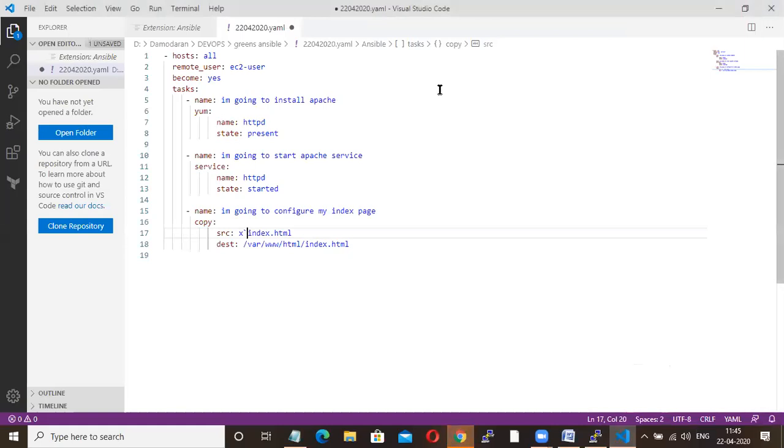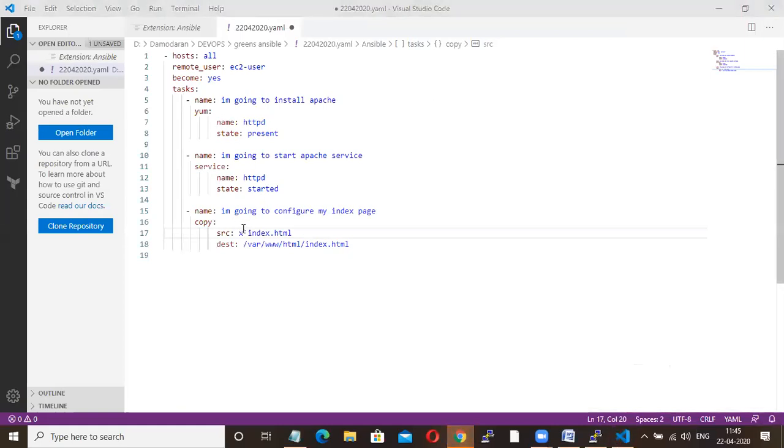Okay. So, sir, one. Yes, tell me, Abhishek. Can you go once to that playbook which you wrote in Visual Studio Code? One small doubt.